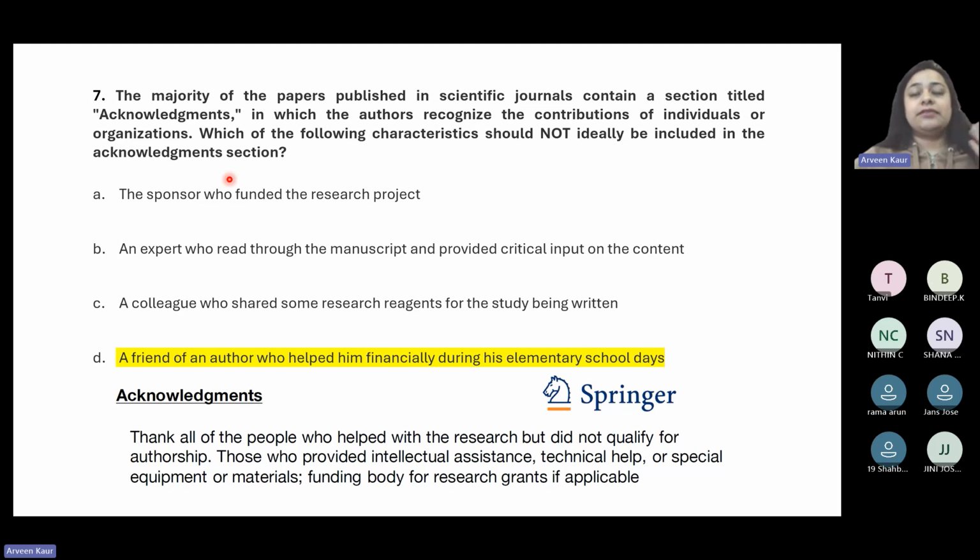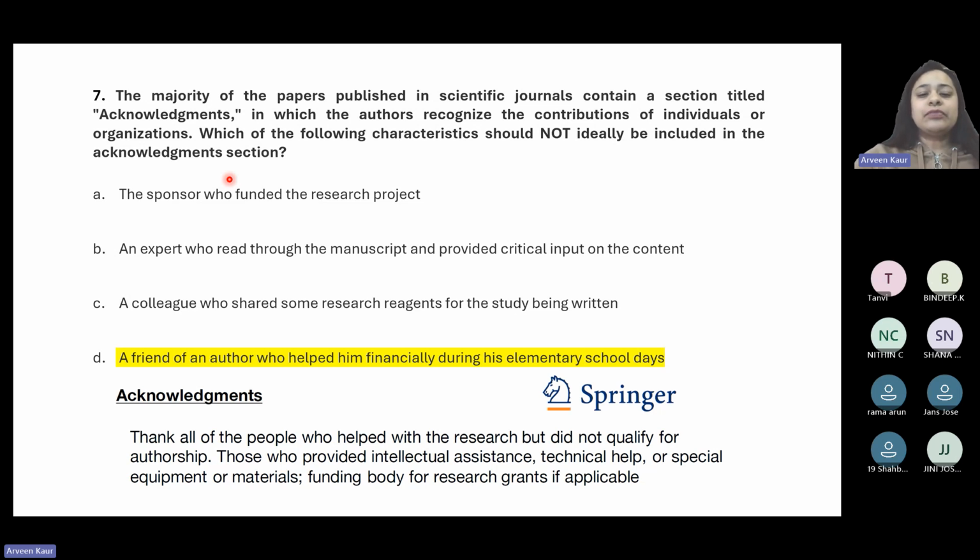Be it reviewers, be it your guide, be it your friends who have given you some particular reagents, be it other professors in the department who have lent certain facilities, right? Or be it the people who have lent a particular cell line or a particular mouse model that you are using, right? So these are the things or the people or facilities, organizations, etc., that should be acknowledged in this